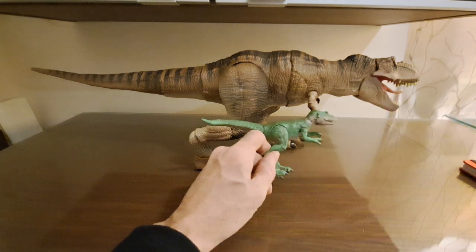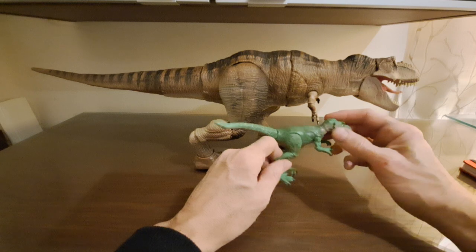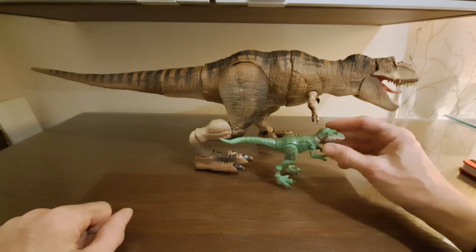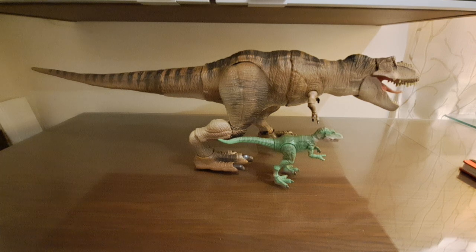So it's got to be more than 1/7 because of that curve difference in the neck. But in any case, the Hammond Collection juvenile is also very close to accurate. And that length, you can see, is in the tail. So then I thought, well, is there another